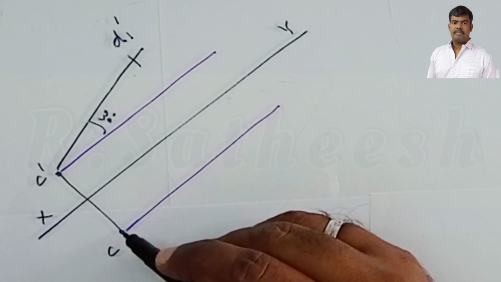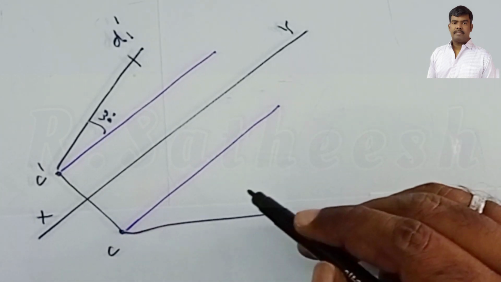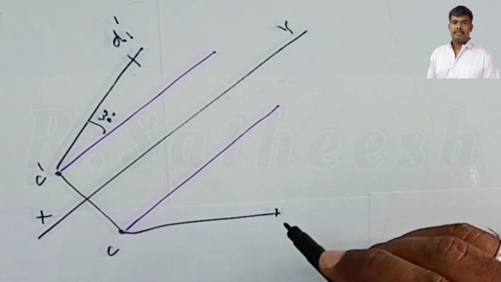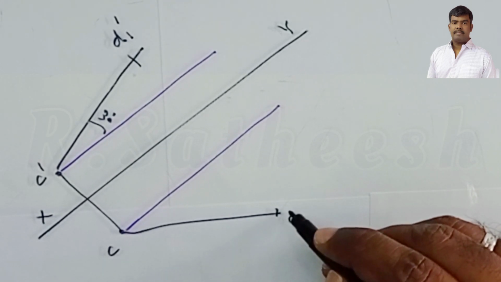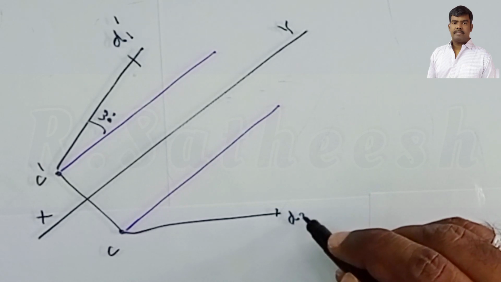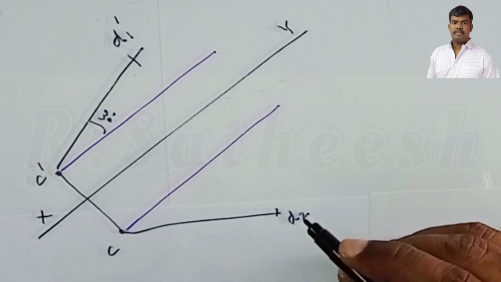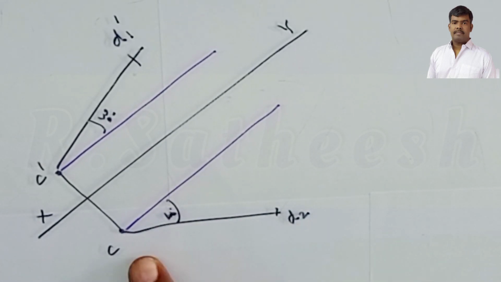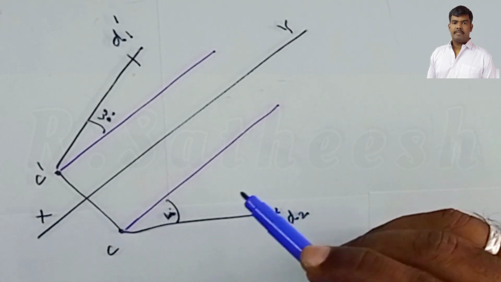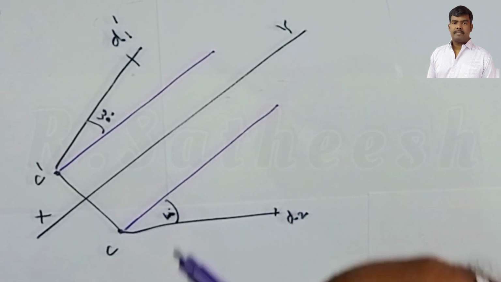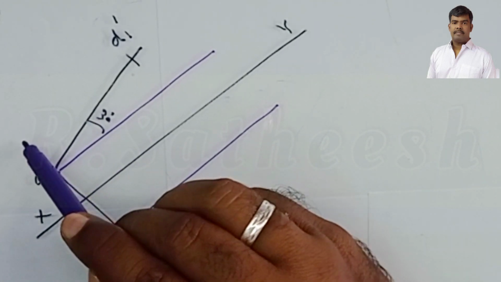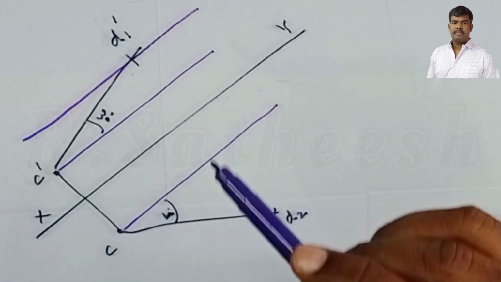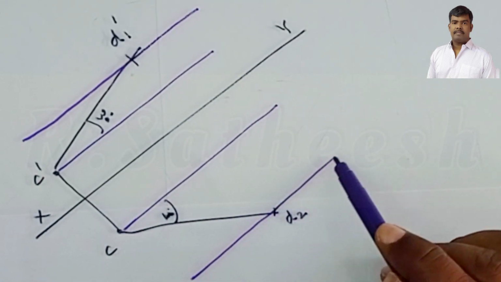Similarly, from C you draw a 45 degree line, and on that line you mark the same 80 mm. So this is end D, second inclination, D2, top view, so without dash. Clear. So this angle is 45, and the distance C to D2 is 80. Clear. After that you immediately draw the loci again, the locus of D dash and the locus of D.